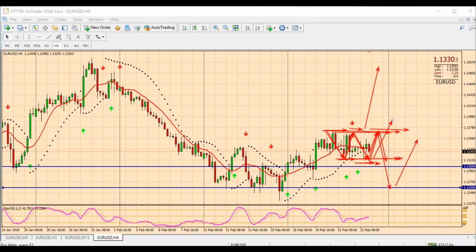When I wake up in the morning, I'll see where the market is. And if I see anything happening where I just marked up like this, anything here happening, I will go with my plan. And let's see how that works out. That's EURUSD. Let's go on to